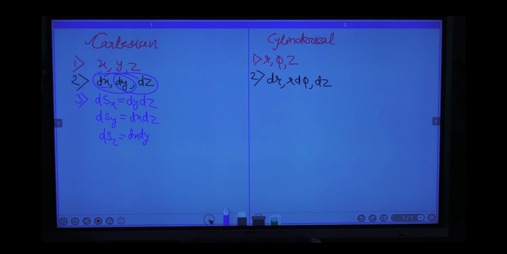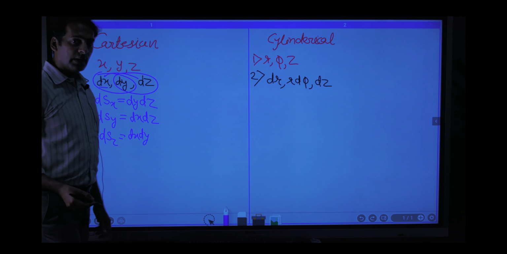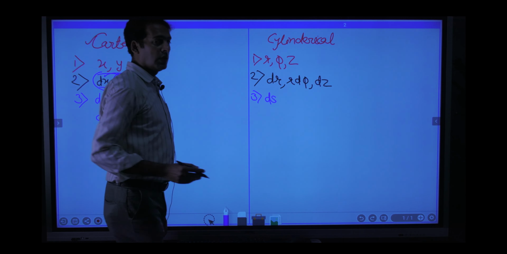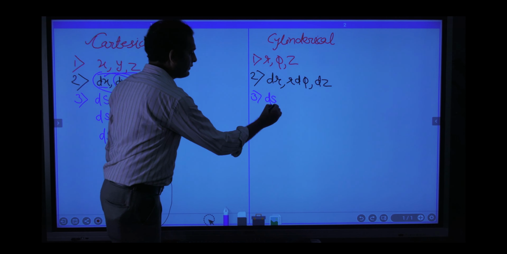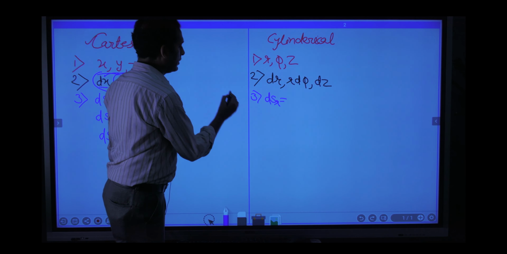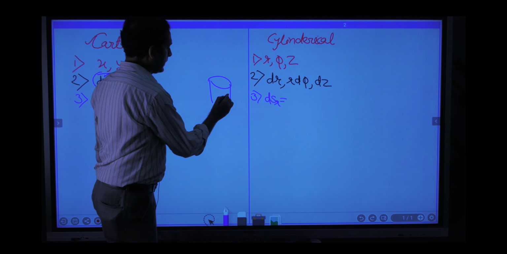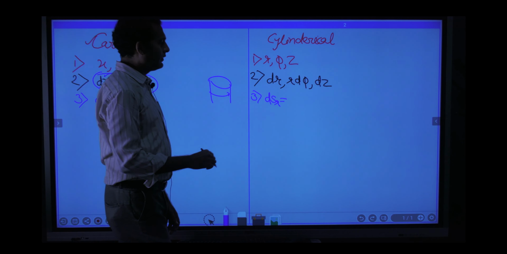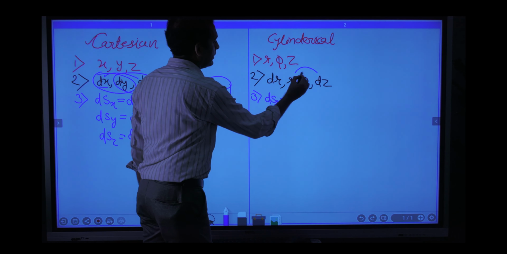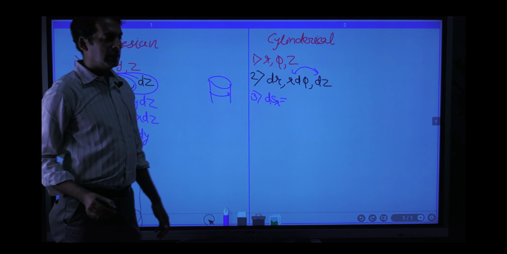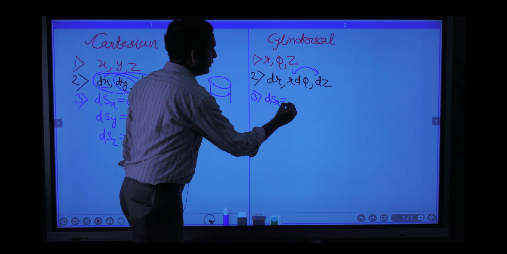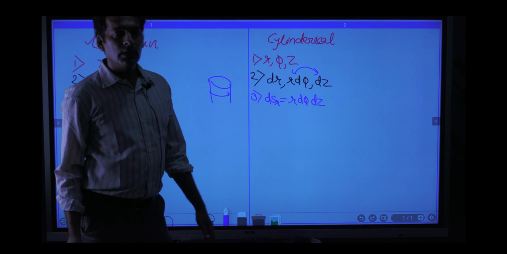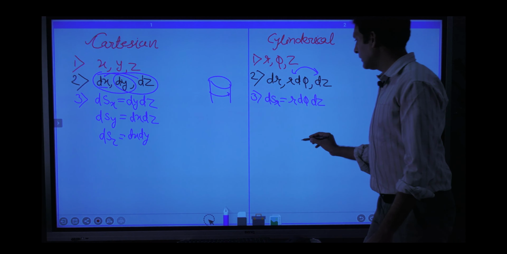So these are three elements for differential surface. Similar manner for cylindrical, we can write third component for differential surface. So one will be the radius constant surface, dsr. How will it look? This is the outermost circle, that is the r constant plane. dsr will be the product of the elements other than r. These two will be part of this equation. So what will it be? dsr equal to the product of r d phi dz.